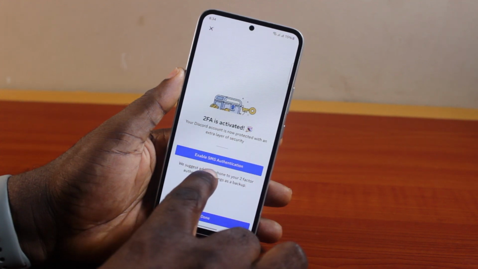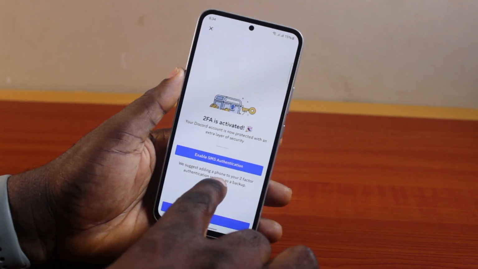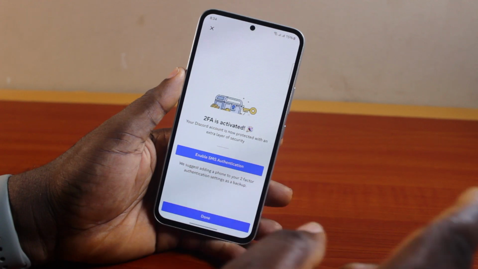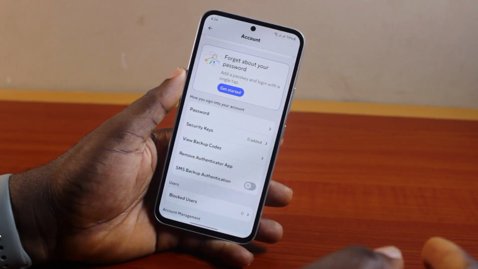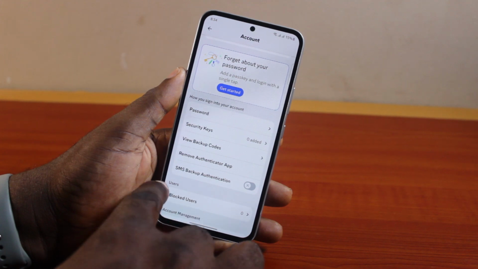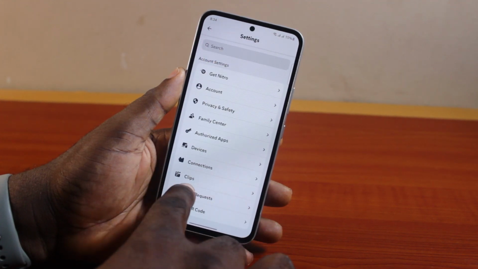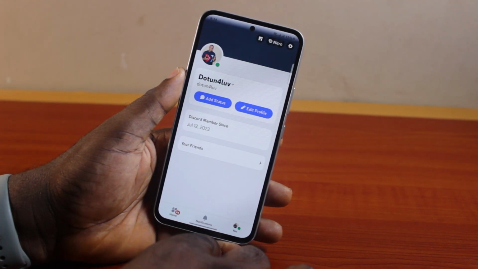You can also enable SMS authentication. We suggest adding a phone to your two-factor authentication settings as a backup. So you can just go ahead, enable phone 2FA, and then click on done. So that is it. Then you should see 2FA enabled on your Discord account. So that is basically how to enable or turn on